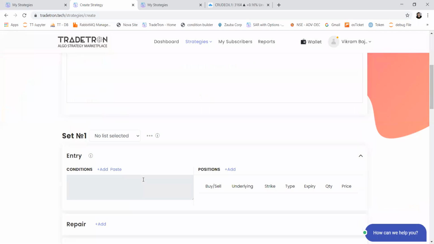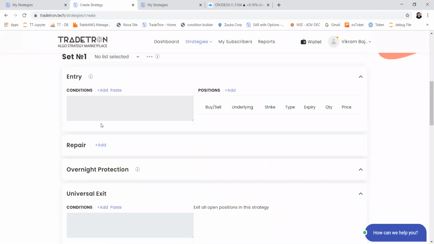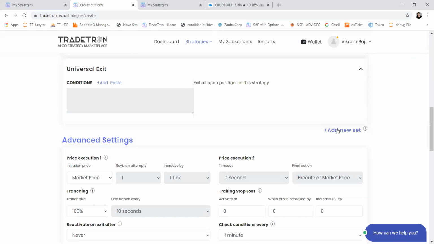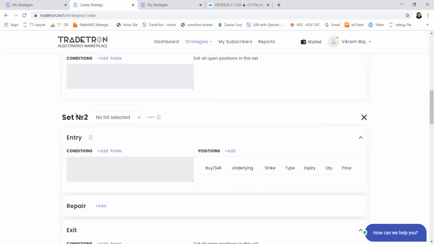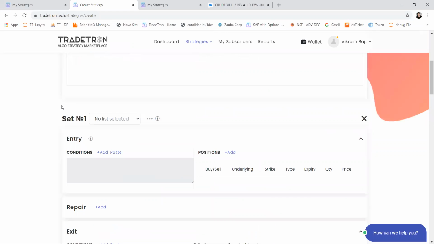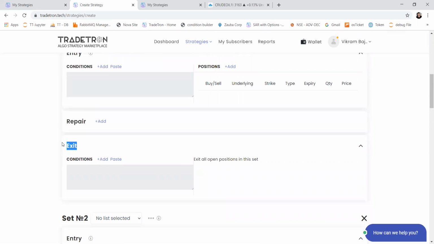On the create strategy page, once you start building a strategy, you can have a set in your strategy. There can be more than one set as well. To add more sets, you can click here to add new sets. If I click here, the second set is added. Every set basically has an entry condition and an exit condition.